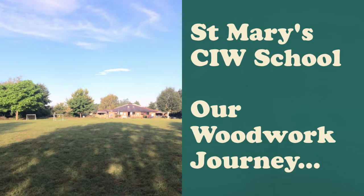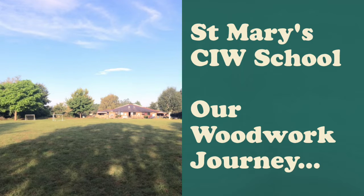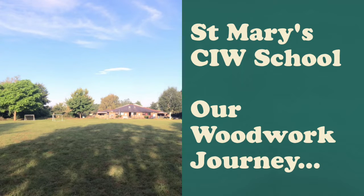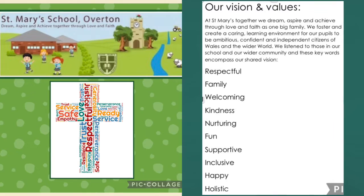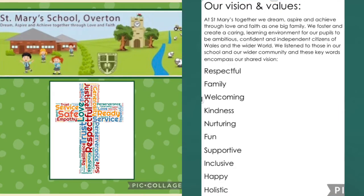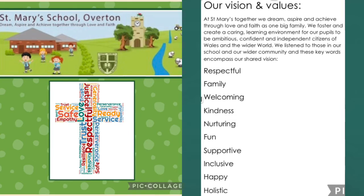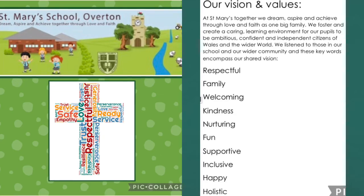We really appreciate the opportunity to have taken part in such an exciting project, and it has enthused all members of staff that have taken part, as well as embedding those critical and creative thinking skills in our children who absolutely love using the woodwork areas. As a school community, we encourage children to take risks, and every child takes part in Forest School. So with the enhancement of woodwork, it has enabled us to give them more opportunities to develop that critical and